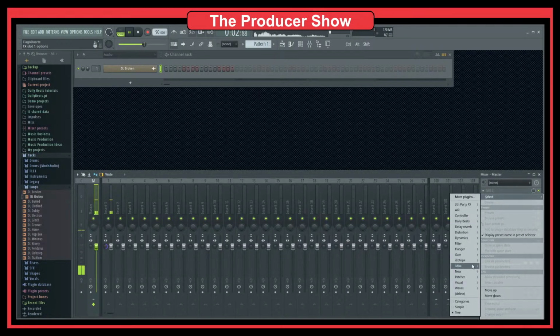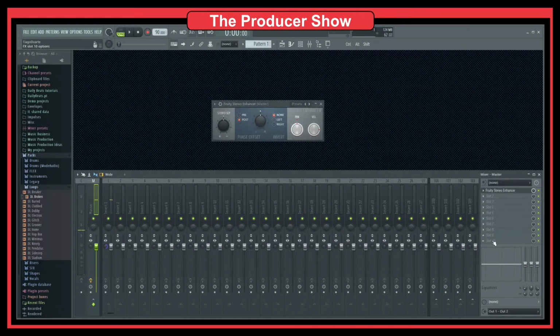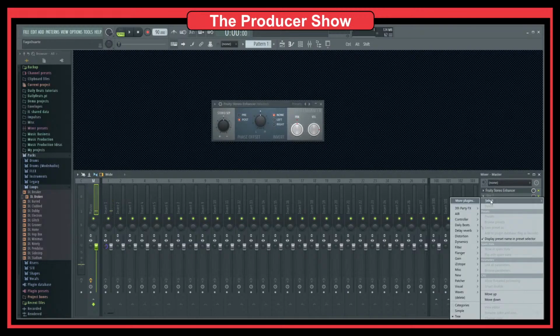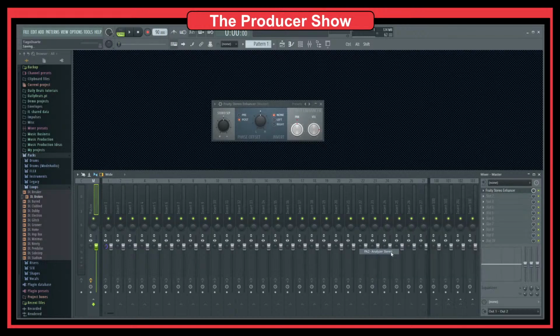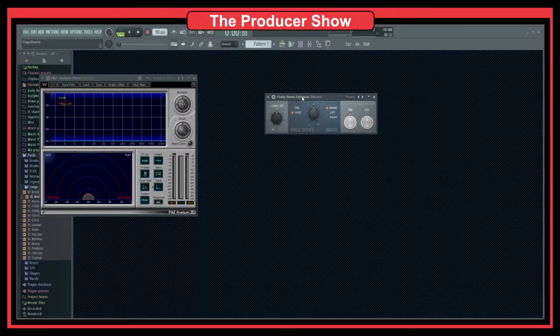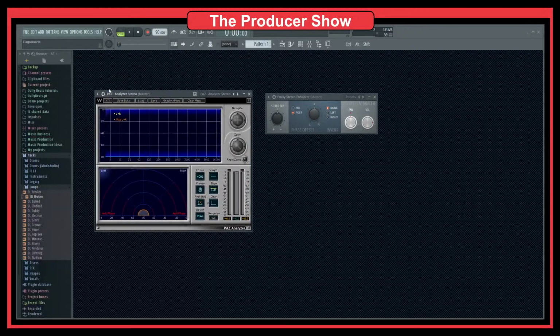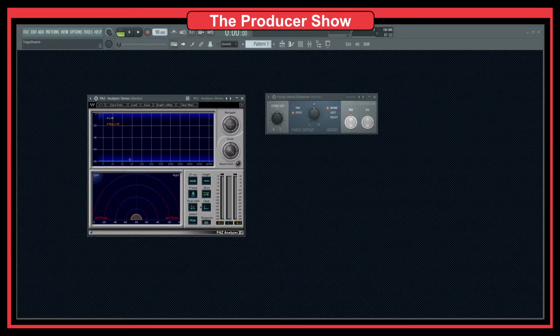Let's bring in the Stereo Enhancer, and now let's bring also a tool to monitor what we are doing or what is happening in the audio. So we have now Fruity Stereo Enhancer, and we also have the analyzer here, Pass analyzer from Waves. You could use any other analyzer here, but if I now play, you see that we have here a very